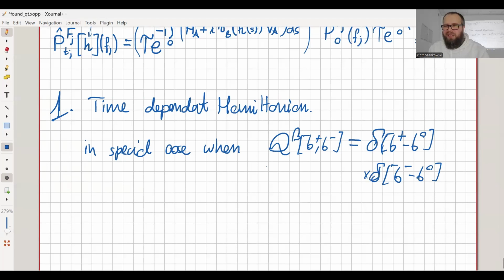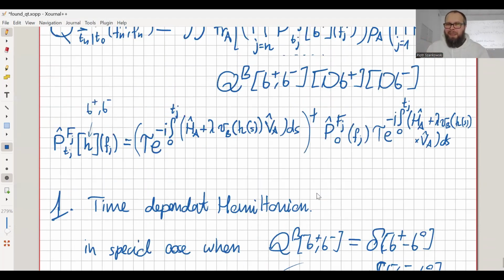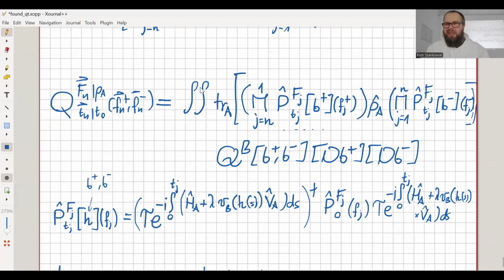So it would have this kind of delta form. This essentially tells us that b plus equals b minus, or b plus of t, the plus component of the b trajectory and the minus component of the b trajectory, actually collapse onto each other, and they are one function. Okay, so in that case, you could easily execute this integral, right? And you would get b0 here. So this would turn into b0 and b0 here,